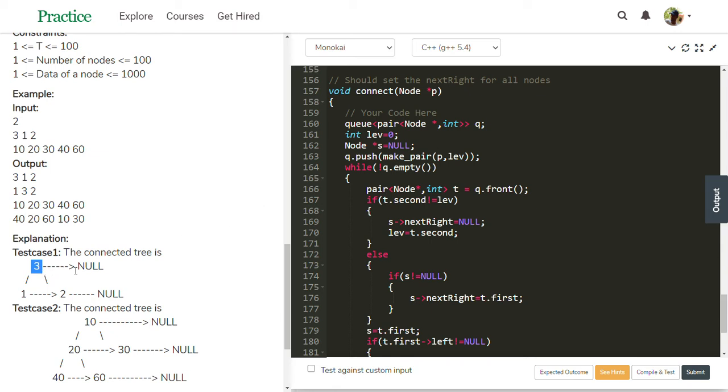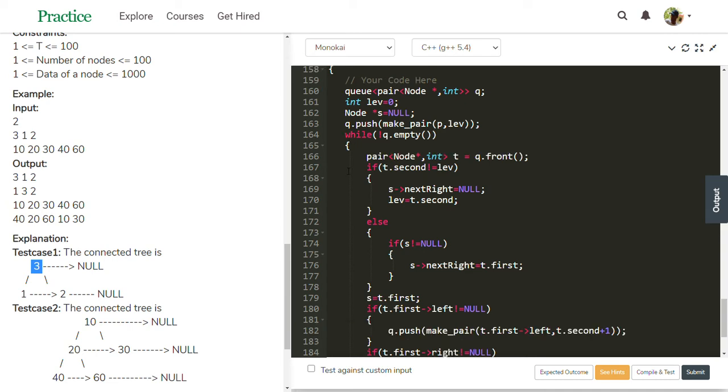So Q is a variable. Initially level is 0. S is used for the previous node details, initially null. Q dot push make pair p comma level. P is the root, this 3 node address, and level is 0. That is pushed into the queue now.